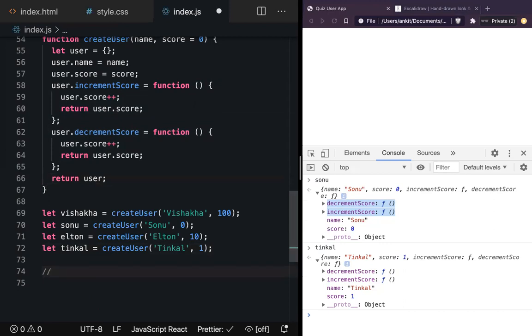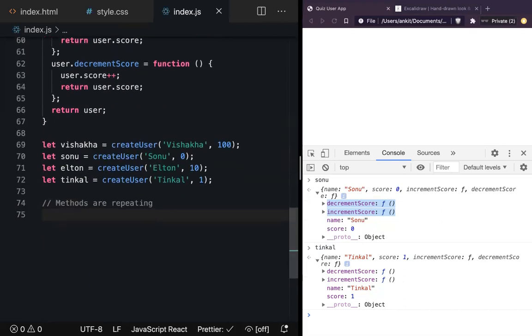Because it is a million users, how many methods are you repeating right now? 2 million methods. But what if you have 10 methods? Then it becomes a lot more, right? 20 million methods, you're just repeating yourself. So that is not the optimized way of doing that. So the first thing here is that methods are repeating. That is one thing we need to fix.